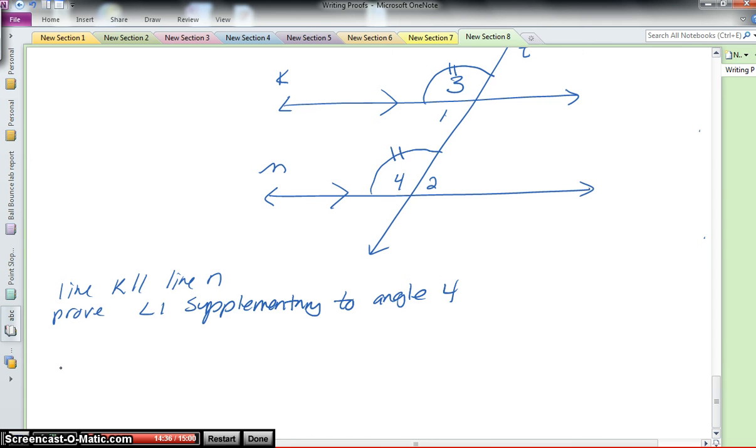So we can start with given K parallel to N and the diagram are given. We need the diagram in the proof because we're going to rely on the fact that this is drawn to be a parallel line. So your job is to show